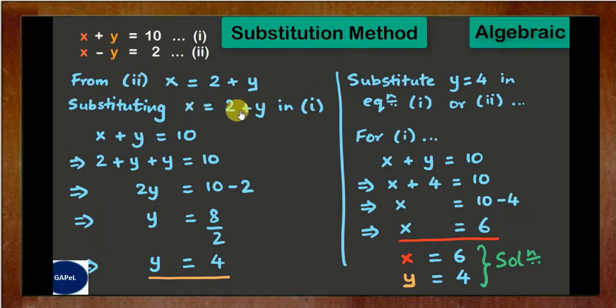So you'll get this value. This value you have to substitute in another equation. Okay, so we took first equation as x minus y equal to 2, and from there we got x equal to 2 plus y. So this 2 plus y, after substituting in this equation, we got value of y, which is 4. Now this value of 4 you can put in any of this equation and you can find value of x, since you will have only one variable in that case. Okay, so from this I got value of x and y.